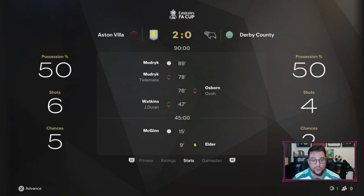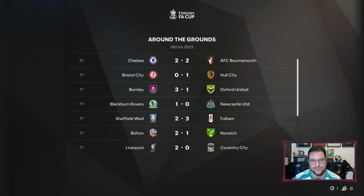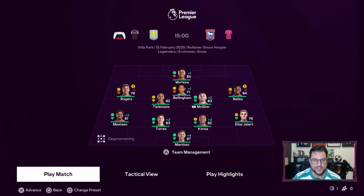We win 2-0. Mudryk scored. Hooray. Coming off the bench and got a goal. And he replaced Tielemans. Interesting. John McGinn got our other one. A 2-0 win in the early rounds of the FA Cup is absolutely lovely. Thank you very much. So we're also going to be simming the game against Ipswich as we take on Chelsea